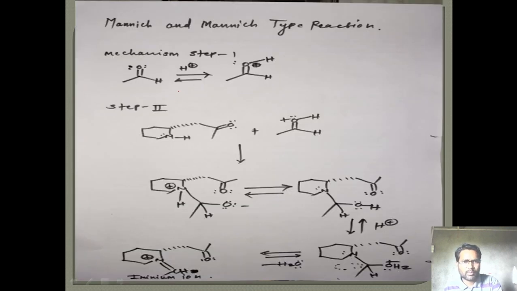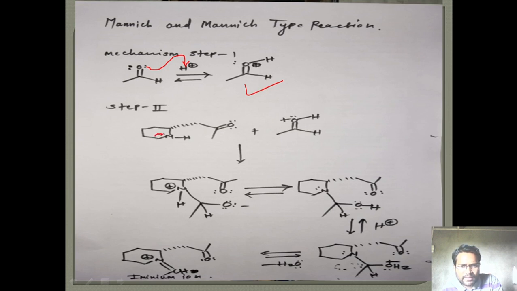Okay, so in the first step, what will happen? They have provided acidic medium. In the acidic medium, the protonation of this particular oxygen lone pair will take place like this, and there is a formation of this particular system over here. Now in the next step, what will happen? Whatever the substrate reactant is present,